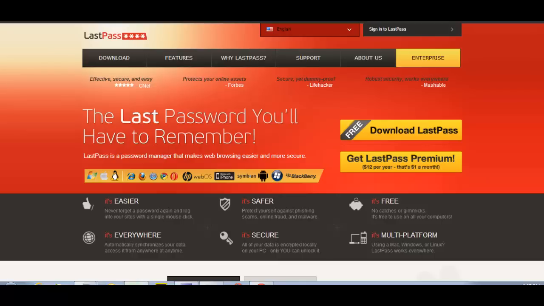LastPass, you can download it for free and then install the plugin to your browser. Very easy. You just install it here and then follow the instructions. And you want to have it pull all of your data from your browser and then save it. Okay. Once you finish doing that, the next thing that you're going to need to do is